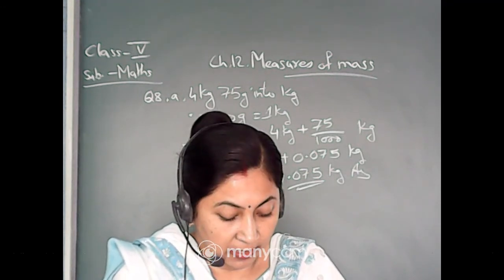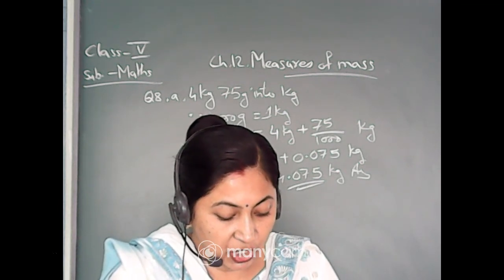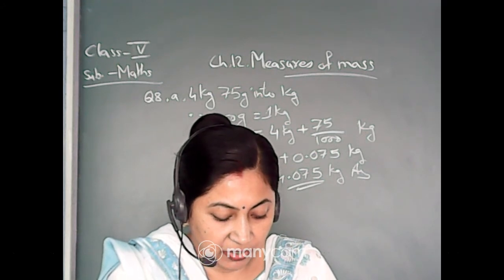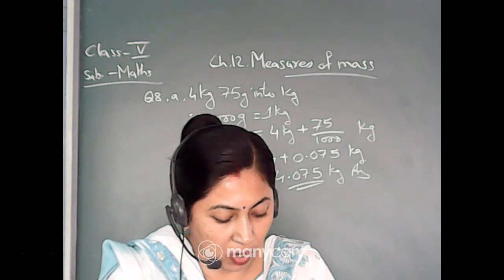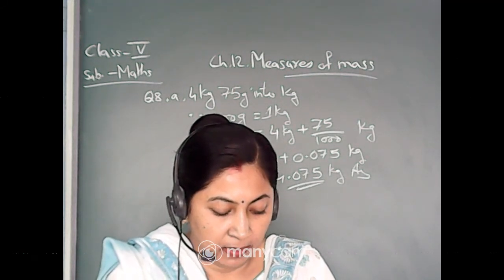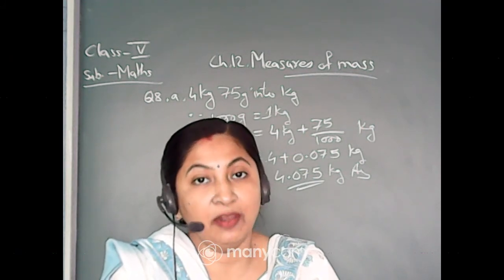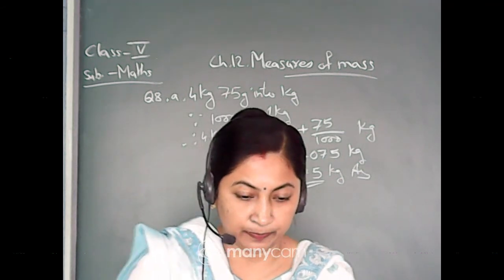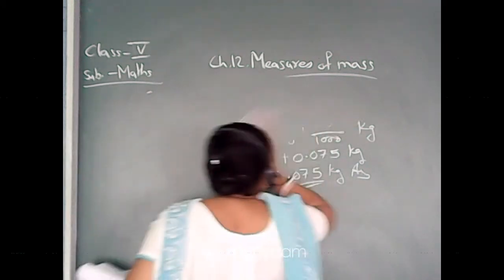Okay, let us do the word problems. Question number 10. Nisha bought 8 kg 260 gram apples, 6 kg 325 grams of chikus and 9 kg 85 gram guavas. What is the total weight of fruits bought by her? Now Nisha, she has bought this much of the fruits. You have to find out the total weight. That means you have to add it, isn't it? So let us do this one. This is exercise 57.